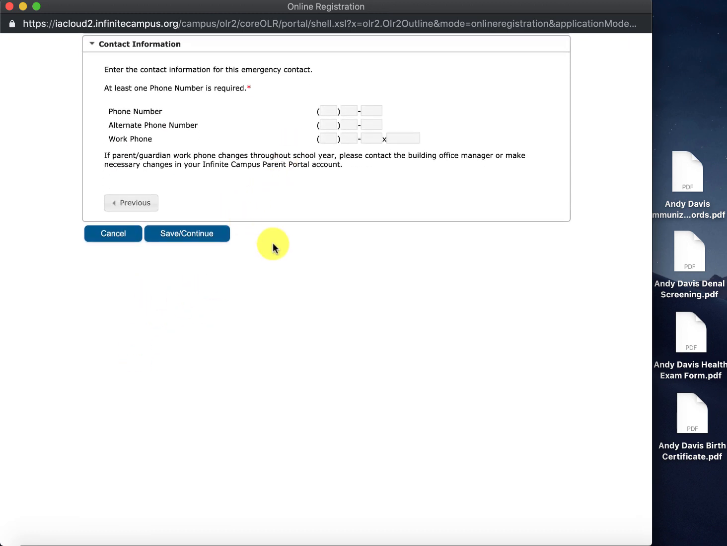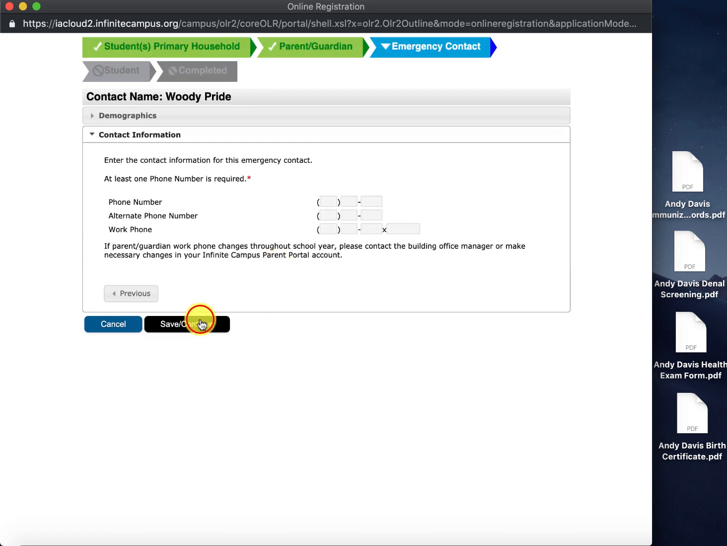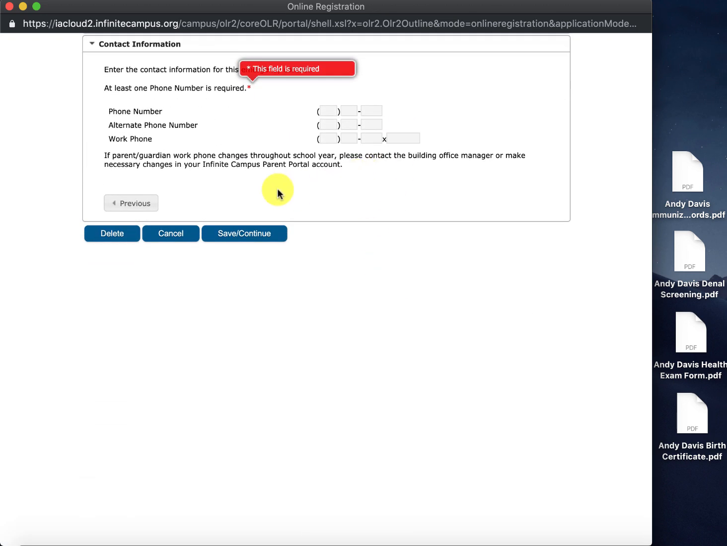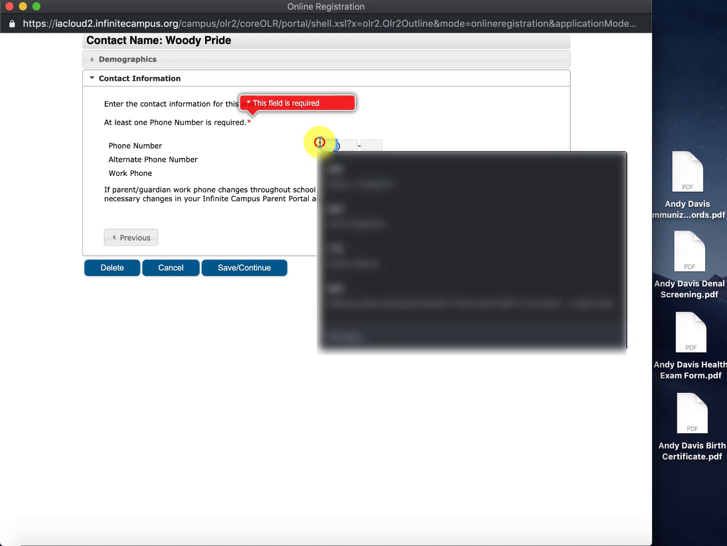It'll ask for the contact information. If I don't do that, then it's going to highlight him yellow because, like it said, it needed at least one phone number. And so you can see here it's highlighted yellow because Woody is not complete, but Buzz is. So I'll go back into Woody. I'll see, oh, I need at least one phone number. So I'll put one in